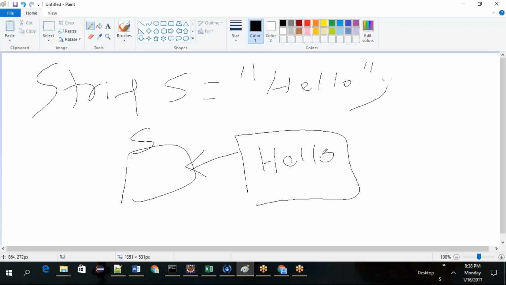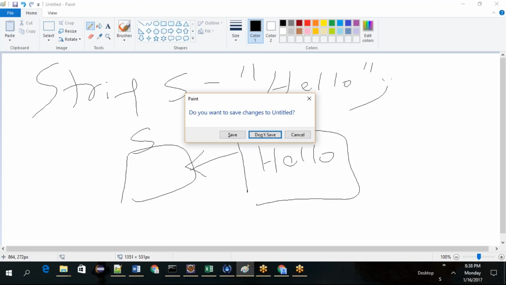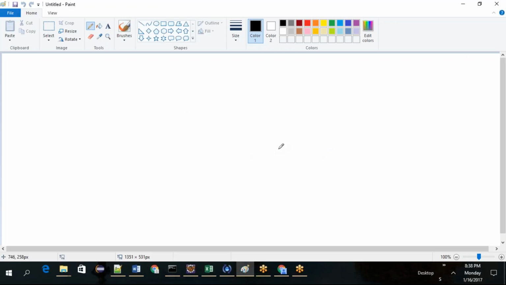Let me show you. Basically in strings, there is a concept called the pool of string constants inside Java.